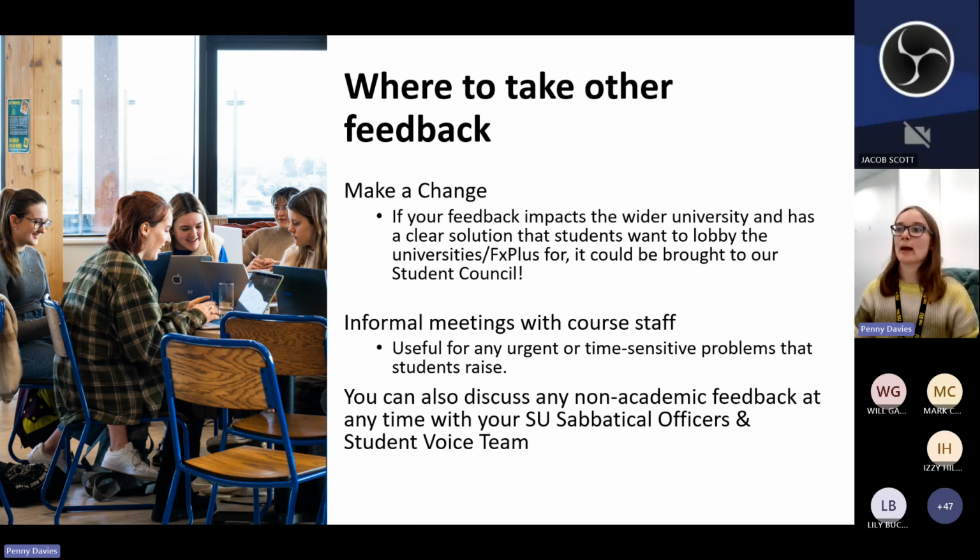If you're interested, there's currently a campaign or an idea suggested on Make a Change to get sleeping pods on the university campuses. So you guys can go on there right now, and if you think that's a genius idea, you can vote for it. And yeah, you might want to check it out just to get a better idea of what it does.